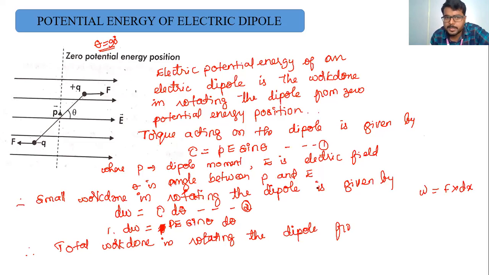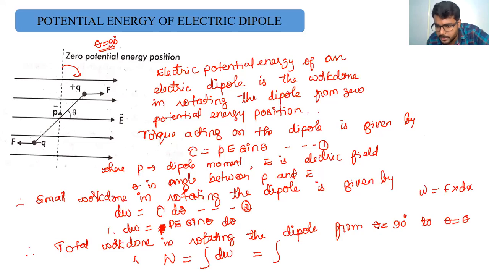from ಎಲ್ಲಿಂದ rotate ಮಾಡ್ತಿದ್ದೀರಾ, from the zero potential energy position, ಹೀಗೆ ನೀವು rotation ಮಾಡ್ತಾ ಇದ್ದೀರಾ, so from theta is equal to 90 degree to theta is equal to theta, ನನಗೆ ಎಷ್ಟು ಆಂಗಲ್ ಅಂತ ಗೊತ್ತಿಲ್ಲ, 40 degree ನೋ 50 degree ನೋ 45 degree ನೋ ಗೊತ್ತಿಲ್ಲ, ಅದಕ್ಕೆ I will take theta is equal to 90 degree to theta is equal to theta degree, therefore I will write here W is equal to integration of dW, theta 1 as 90 degree, theta 2 as theta, so theta 1 to theta 2 dW value ಏನಿದೆ, it is PE sin theta